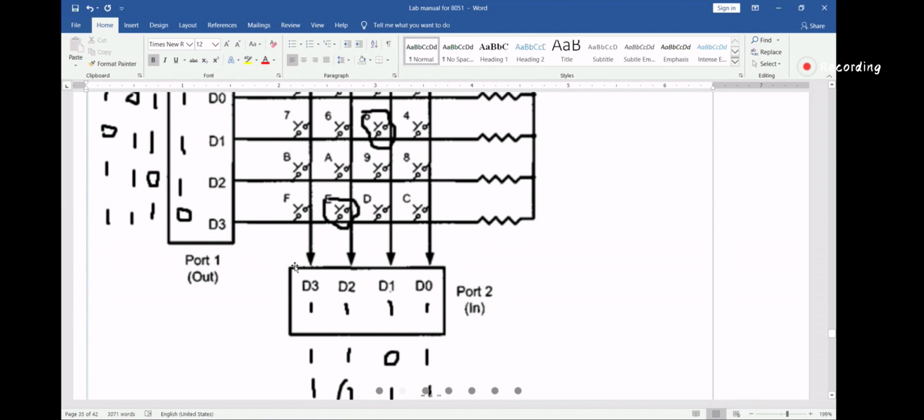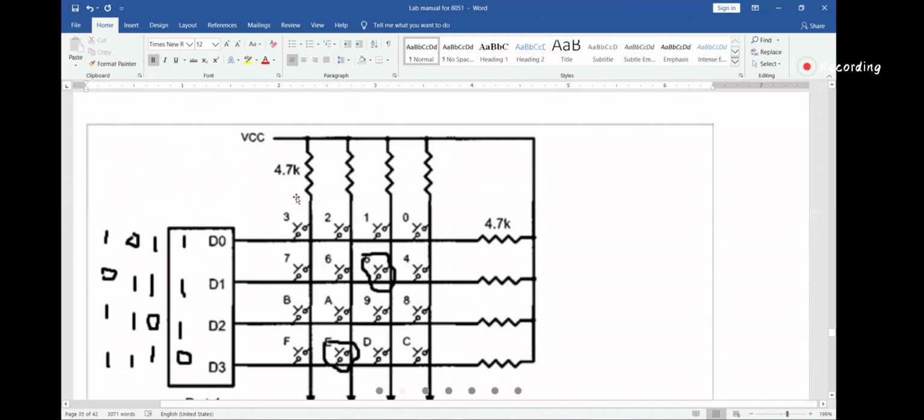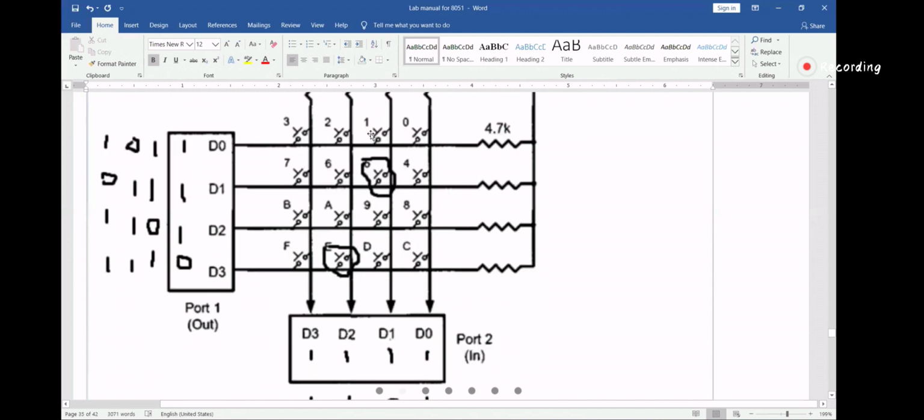Are you getting? The microcontroller does not know that key E is pressed, but it will take the ASCII value of E. This will be connected to some ASCII value. Are you getting or not? These are just pasted on the keyboard: 0, 1, 2, 3, 4, 5, 6. Anyway, yes.